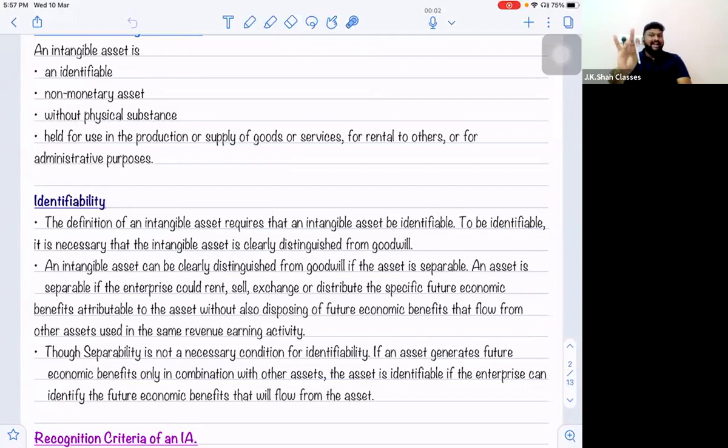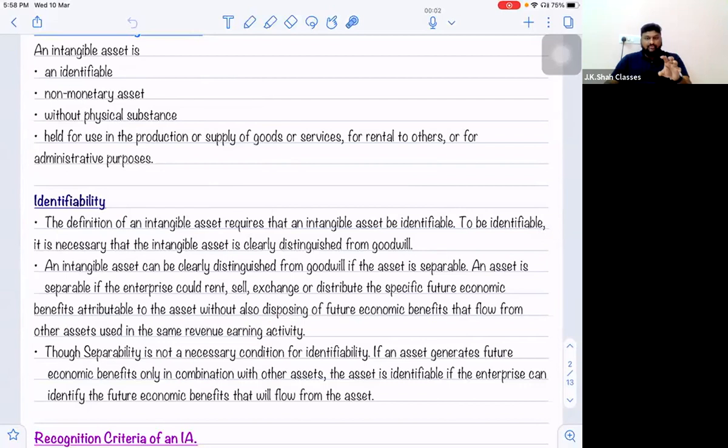Because goodwill and brand will not have a separate identifiable clause. An intangible asset can be clearly distinguished from goodwill if the asset is separable. An asset is separable if the enterprise can rent it, sell it, exchange it, or distribute the specific future economic benefits attributable to the asset without also disposing of future economic benefits that flow from other assets used in the same revenue earning activity. It means the logic is the enterprise can calculate separately the future economic benefits that can be